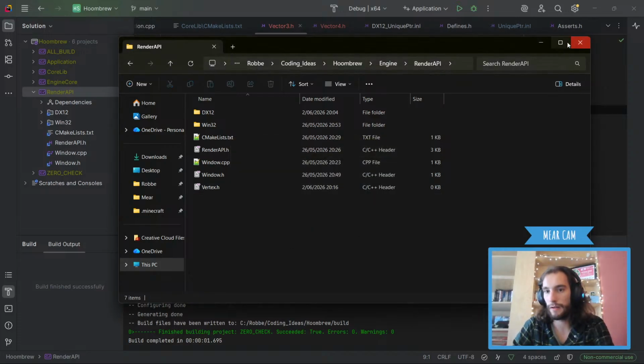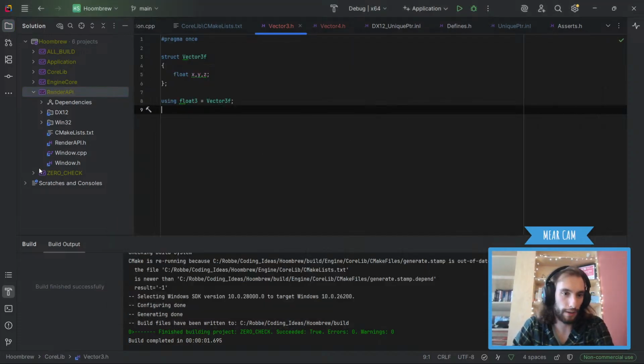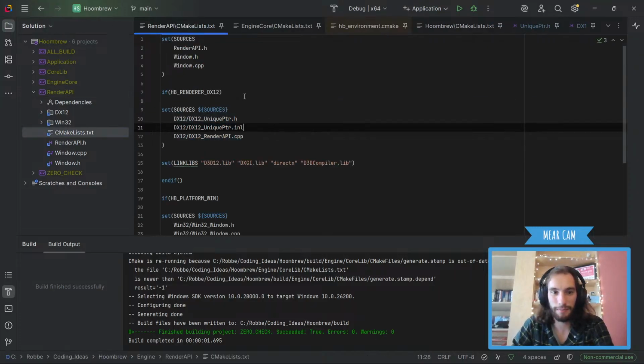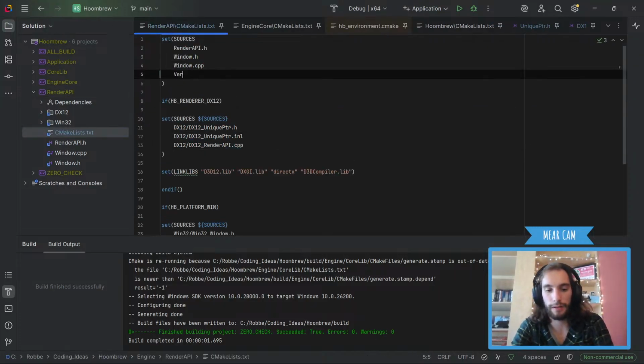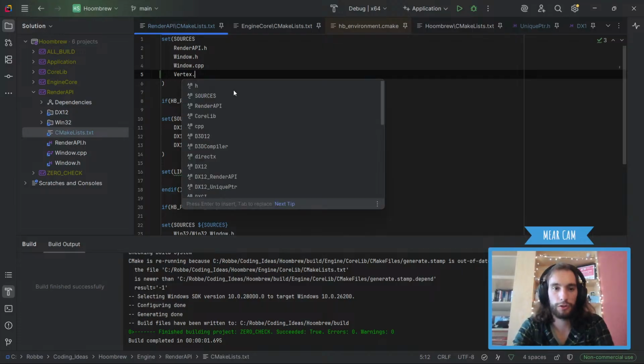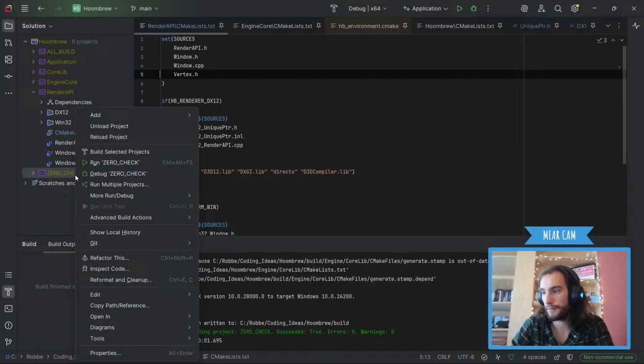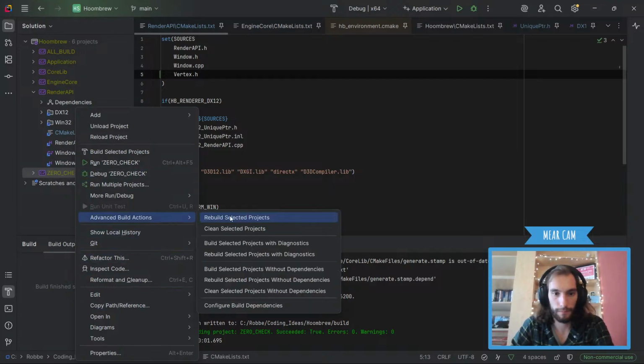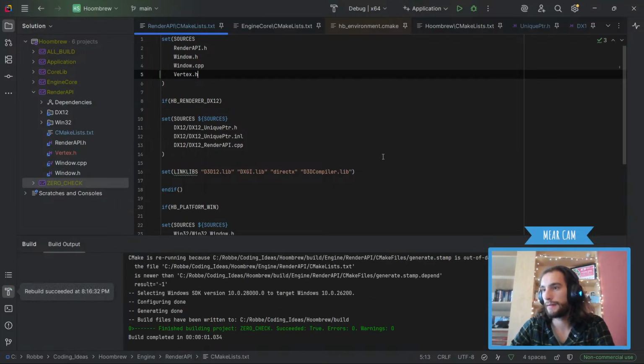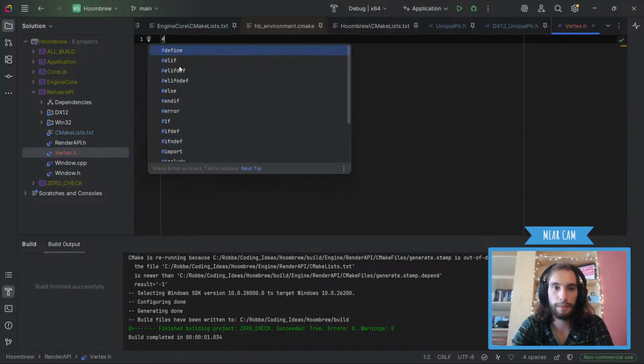Yes, I want to change the file. I don't know why it still asks me. It should know by now. And here, same thing. We're gonna add vertex.h, which is fine. We're gonna rerun this. And then we have it in here, and we can do a pragma once again.